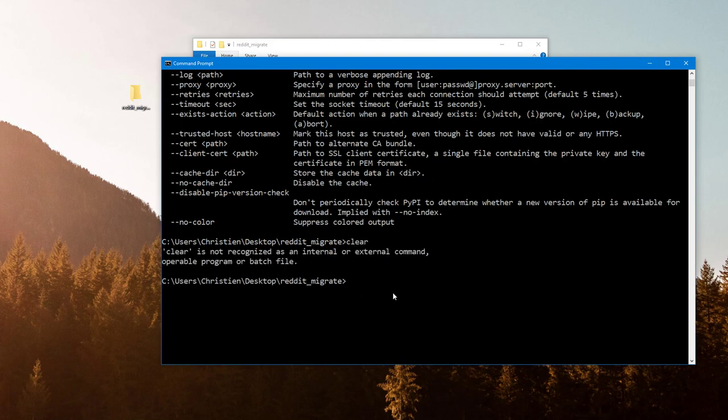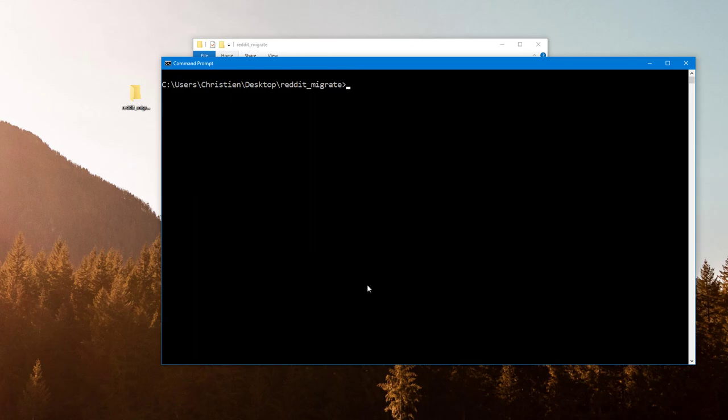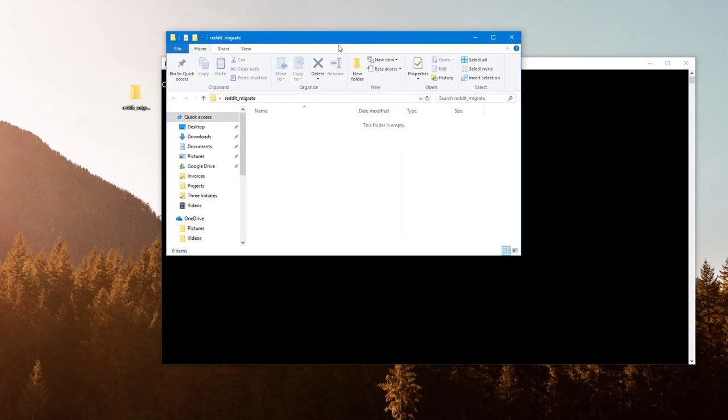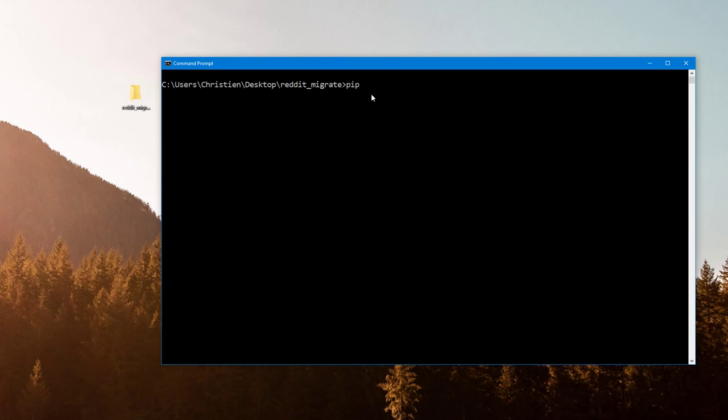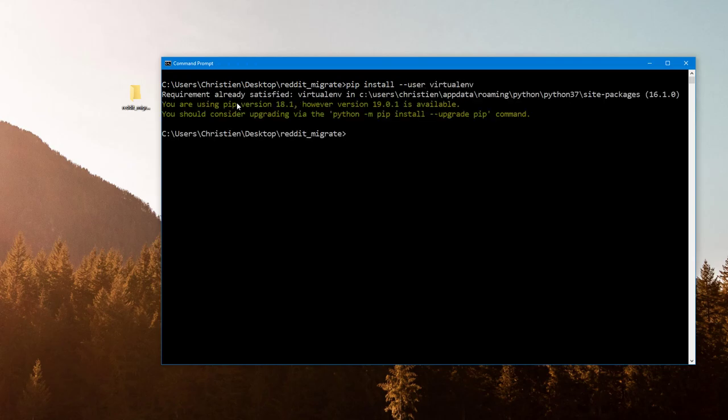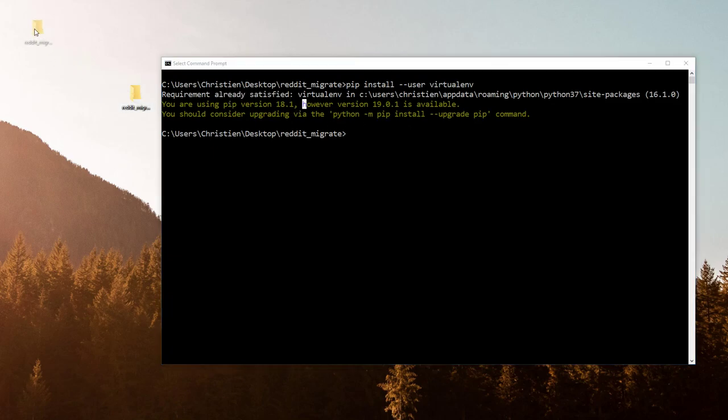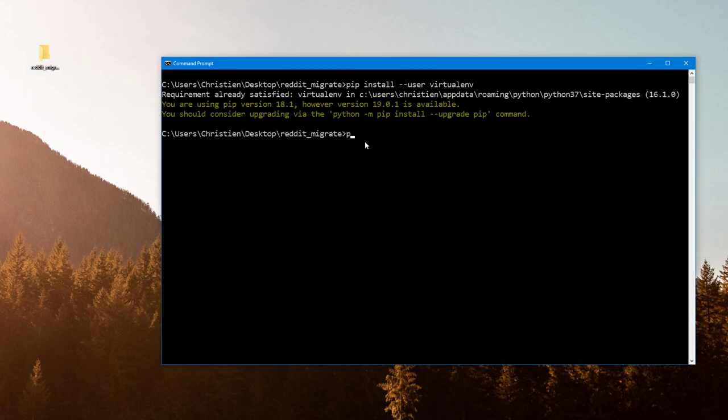All right. So what we want to do is install virtualenv. You do pip install --user virtualenv, and mine's already installed. Look at that. But yours is going to have to install if you haven't installed it already or used it anywhere else. So since we're already in here, we're going to do python -m